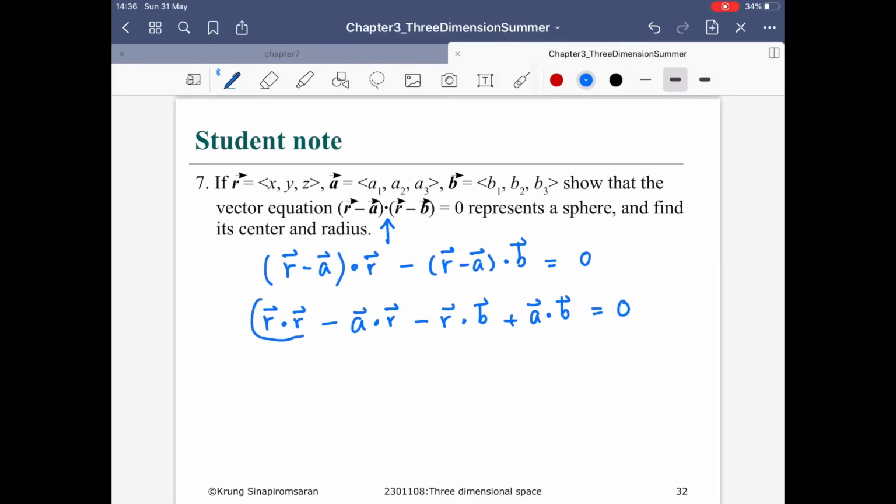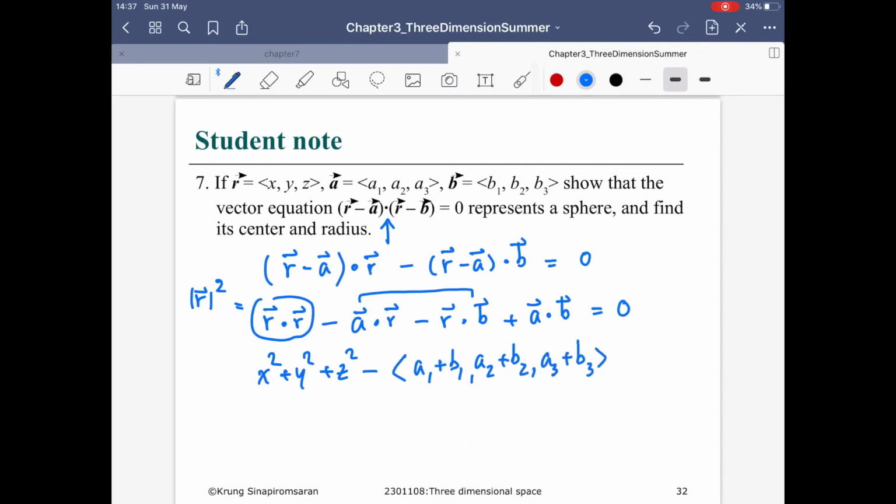So here the r dot r is simply the length of r squared, so it is x squared, y squared, and z squared. And for this one, actually you can look at it as minus r dotted by a plus b. So you do the a plus b first. So you have a1 plus b1, a2 plus b2, a3 plus b3, and then dot by r. You see this one, we just pull out the negative sign over here, so it becomes a positive, and plus your a dot b, which is of course a1 b1, a2 b2, a3 b3 added together,